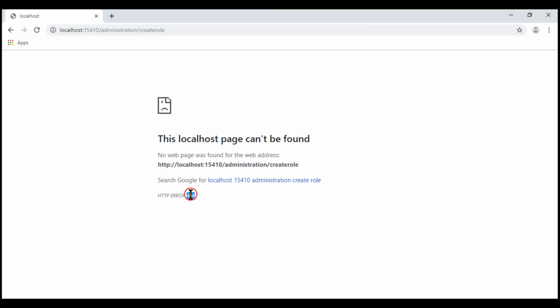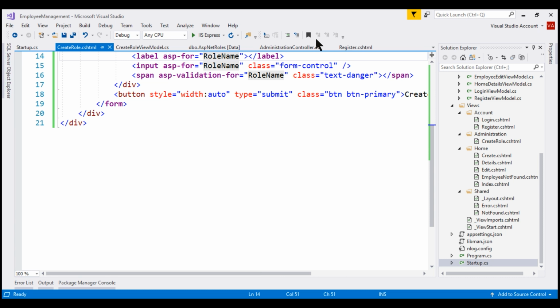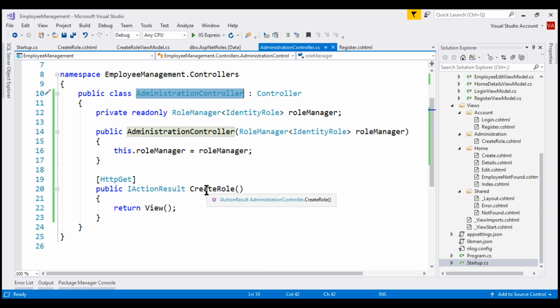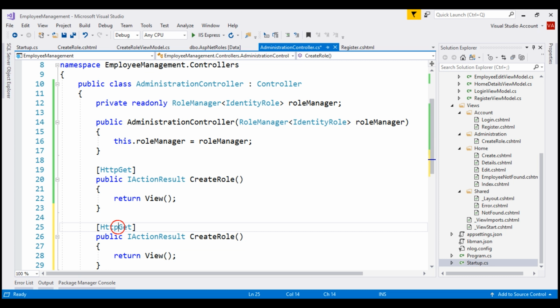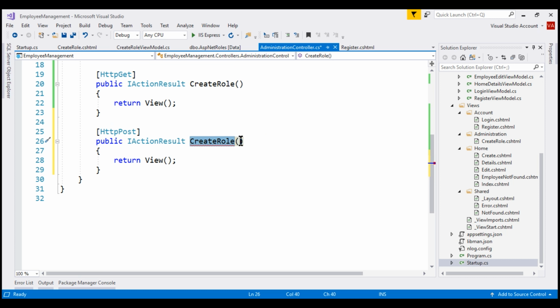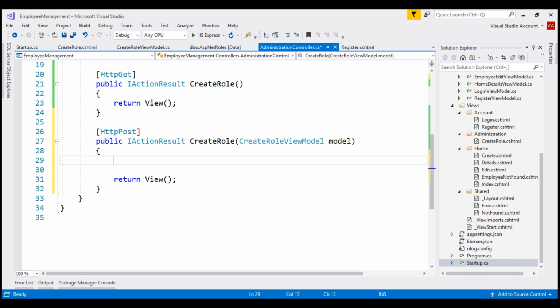This is because at the moment within our administration controller, we do not have create role action that responds to HTTP post. So let's make a copy of this action method and then change the attribute to HTTP post. This create role action method is going to receive create role view model as an input parameter. Bring in the required namespace and let's call the parameter model. If the model state is valid,